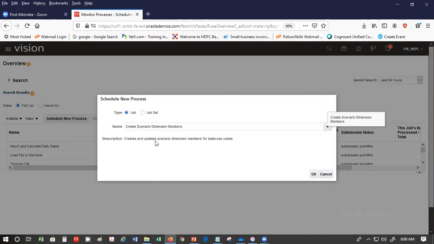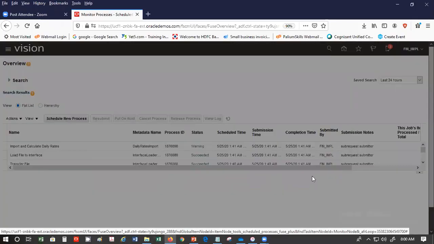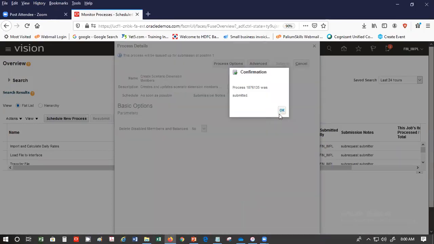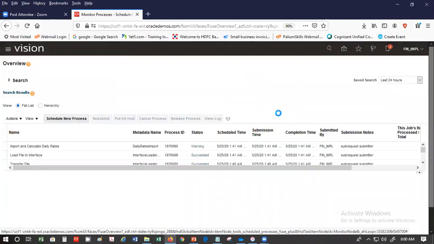Create scenario dimension members. This is something that will happen as an automatic process. It will add our scenario member to the program. Okay. And next,